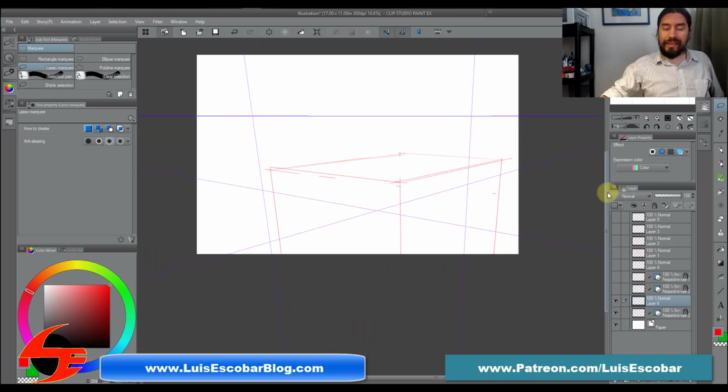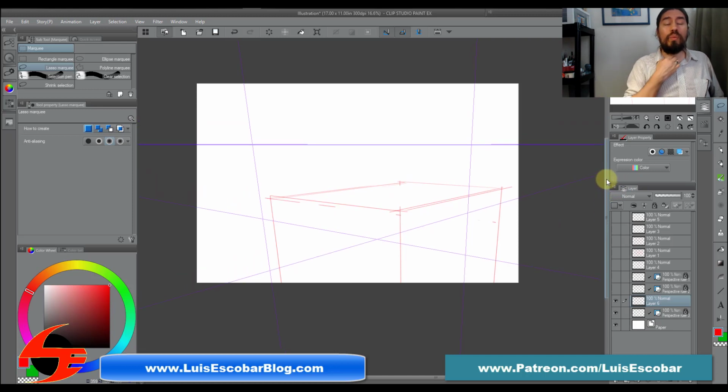So this is not something that you're going to really learn perspective with as much as if you were to have done it on paper on your own. This is something that once you already know perspective, it's really simple and fast and useful to use,